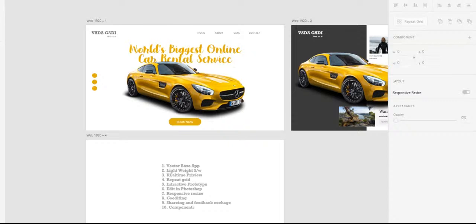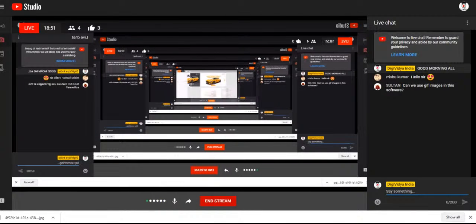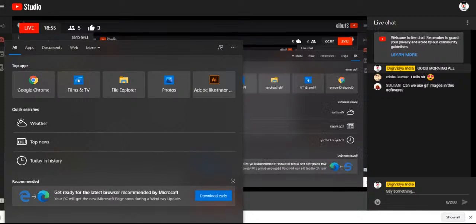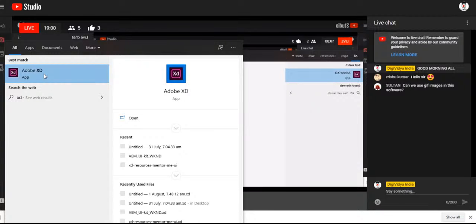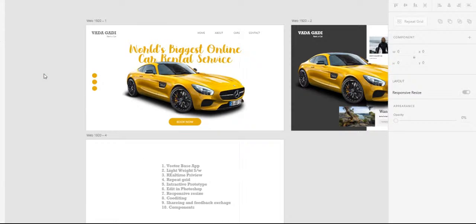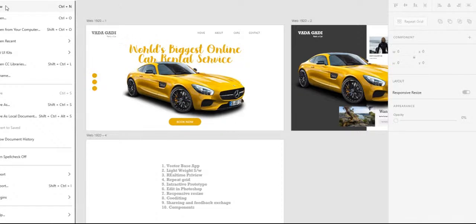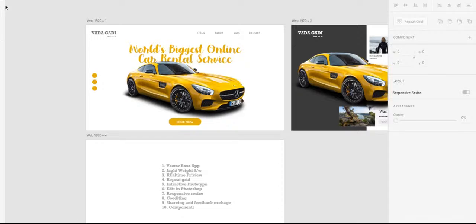The thing is, how can I make a new Adobe XD file? So the first thing I will show you is the interface. When I click on Adobe XD, I want to make a new Adobe XD interface. So when I click on new,